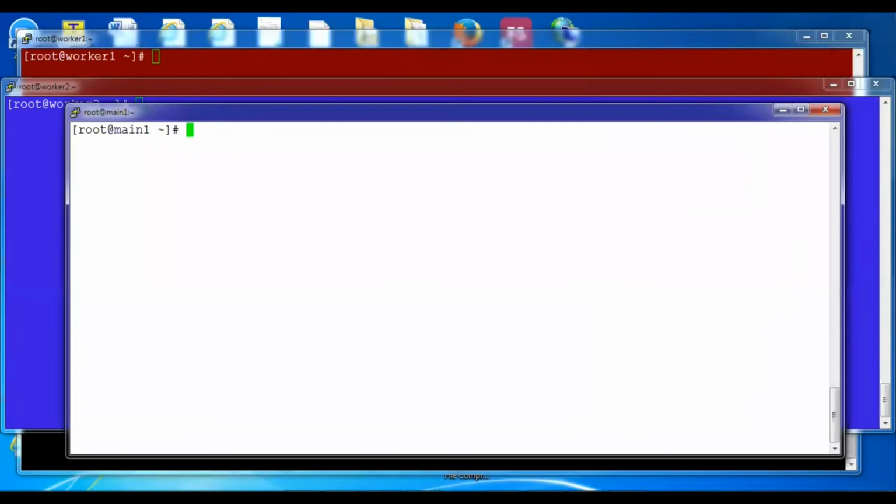Hello everyone. In this section, we are going to deploy services in Docker Swarm. To deploy a service, we use the command docker service create, and after that we define the replicas. So let's say our command is docker service create, and here we are creating only one replica, the name of this service is hello world, and the image is alpine, pinging docker.com.